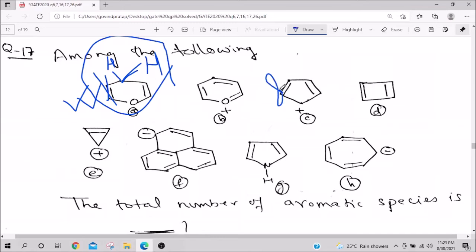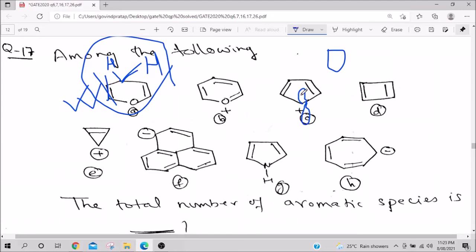This has one p orbital, this has one p orbital, this also has one p orbital, this also has a p orbital, and this also has a p orbital. It is showing a positive charge. Positive charge means the carbon is sp2 hybridized. So you know carbon has 1 s and 3 p orbitals. If they hybridize together, they form sp2 hybridized orbitals, and then one of the p orbitals remains unhybridized. That one unhybridized p orbital is here, which does not have any electron, therefore the positive charge. So it is not an sp3 or sp2 hybridized orbital, it is a p orbital which is unhybridized.